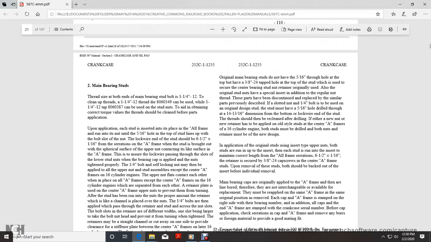the bottom of the 3/8 inch 24 tap hole with the top of the stud, which is used with the screw with the center of the bearing run nut retainer originally used. Also have the original stud with the nuts, special inserts in addition to the regular nut thread over the parts, continue with the replacement of the cylinder with the parts previously described with the slide with the nut with the quarter inch to be used, original design stud with the stud, must have